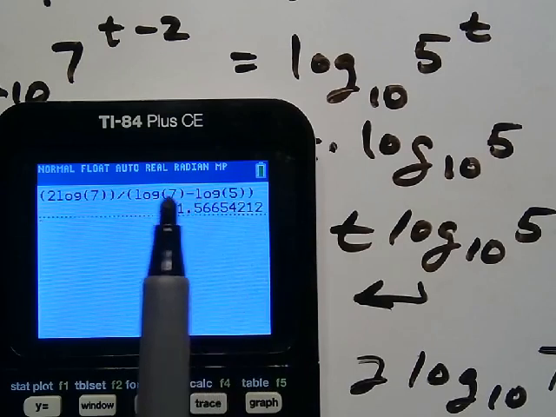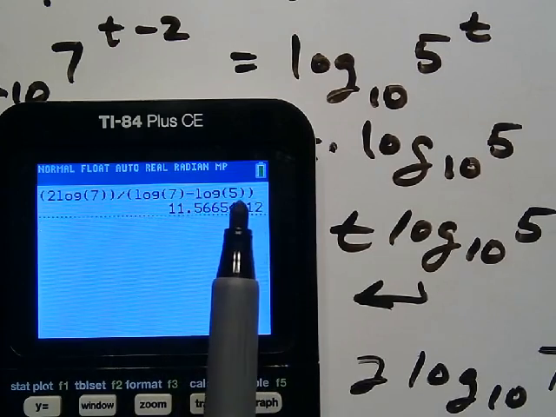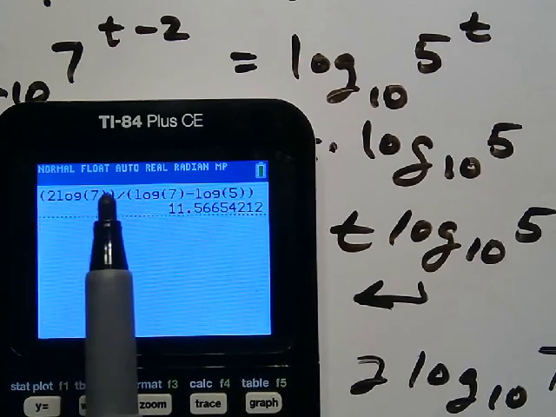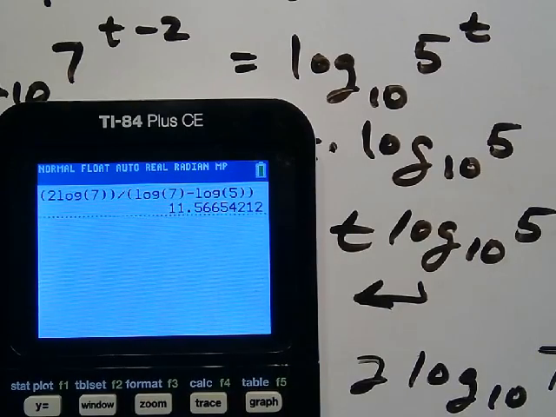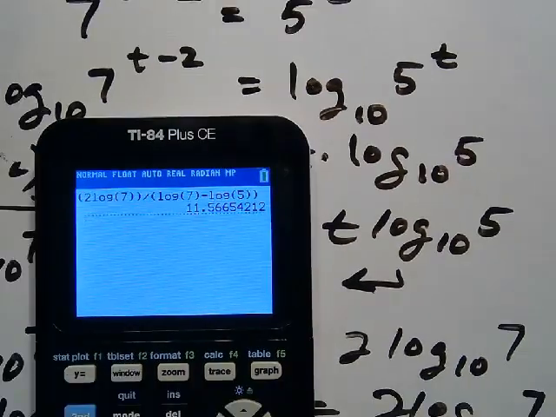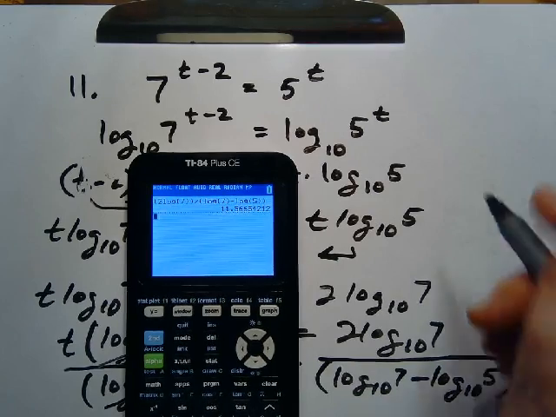Don't forget, every parentheses has got to have a mate. So the 7's got 2, 1 around each of it. 5's got 2, 1 around each of it. The numerator has 1 around it, and the denominator as well. And we end up with the answer 11.5665. So let's go back down here and take a look and write that answer in here. It's